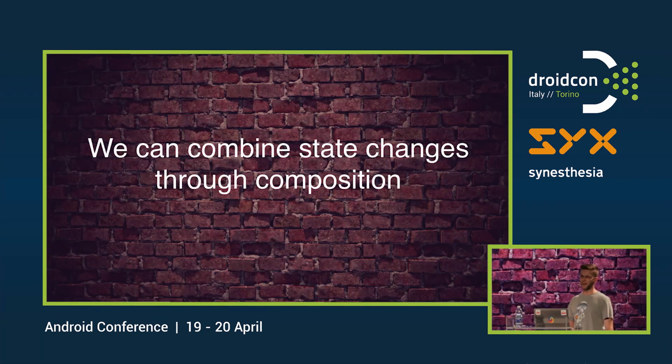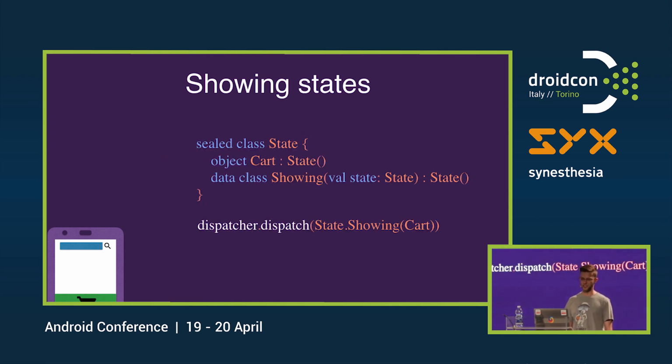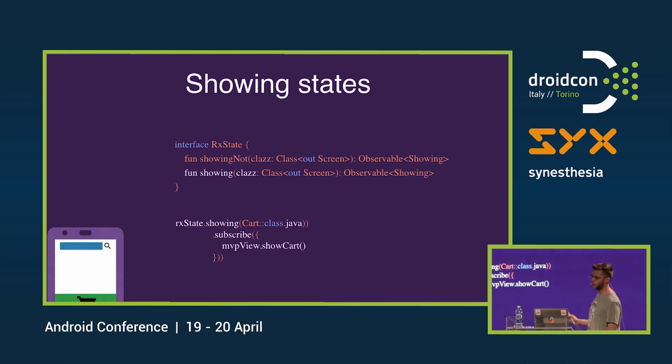We're now going to start combining our states and making higher order states that we can listen for. So remember I said treat everything like a state. I'm going to treat the cart as nothing more than a cart state. I'll then create another state called a showing state, which takes any other state as its input. This allows me to dispatch state showing cart,